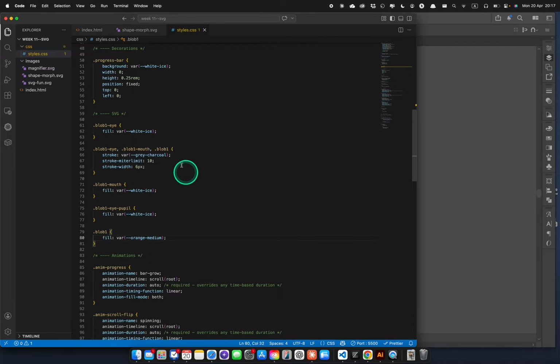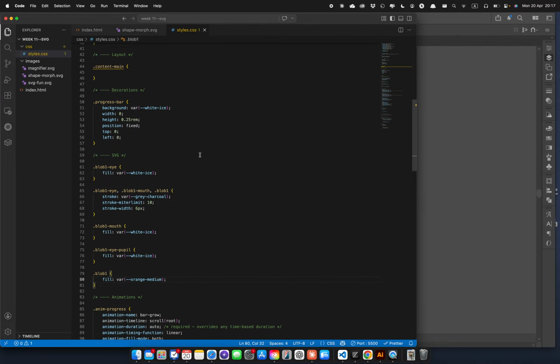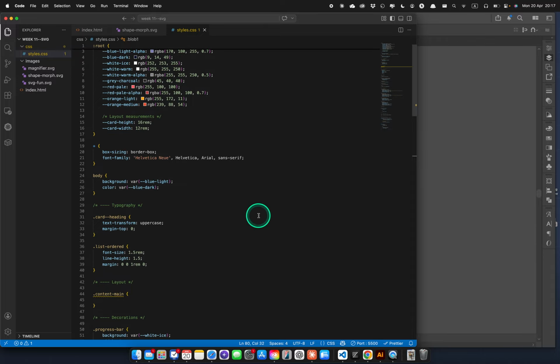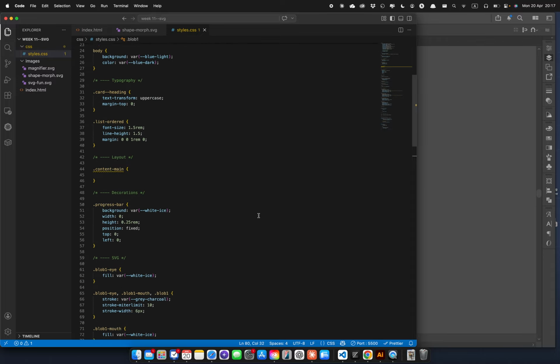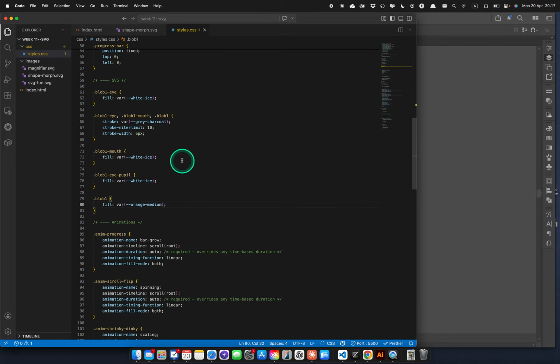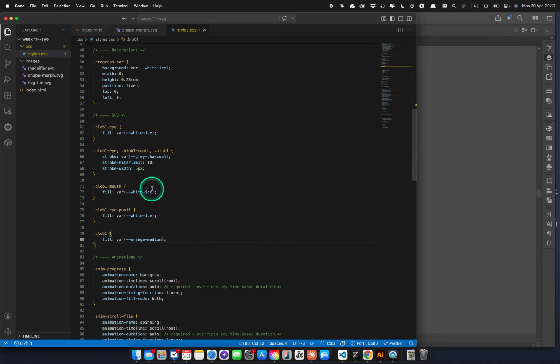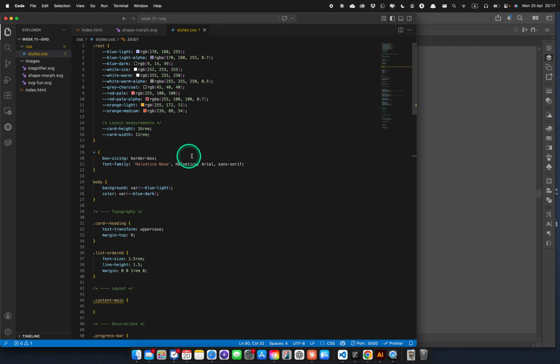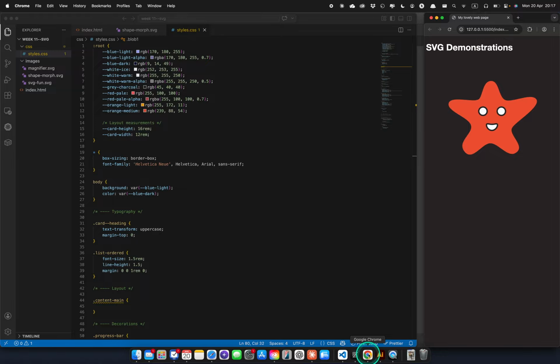Now, of course, you could go the other way. You could define your colors in Illustrator, take them from here, and create further color variables up here. That would also be a pretty good way to work. But either way, you want to be getting that sort of consistency throughout. The advantage, of course, of using a variable is that you can come up here, and if you want to have a look at that,